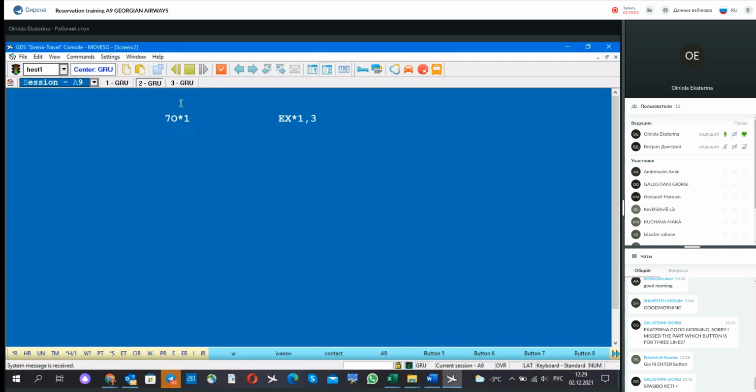Well, before revalidation and before exchange, at first we should add a new flight segment in PNR, so we should open availability. We shall book a new flight, and we shall add the new flight segment on the proper line in PNR. Then we shall save our modification, but before saving,